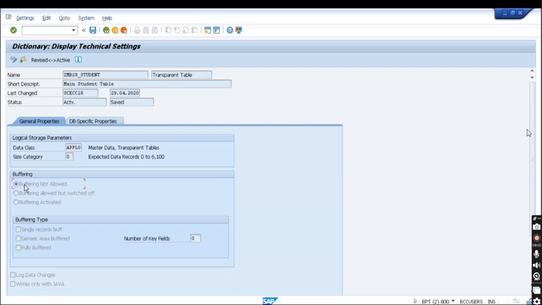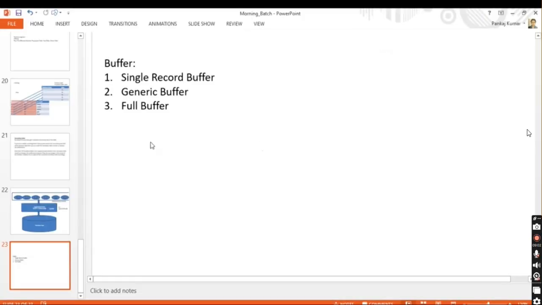However, as an ABAPer, when we are going to choose this buffering option, generally we put a meeting with our team members, our basis person or database admin. We understand the nature of the data and everything gets defined, and then only are we supposed to use the buffering. Also, while choosing the buffering, you have to take care of many things. For example,